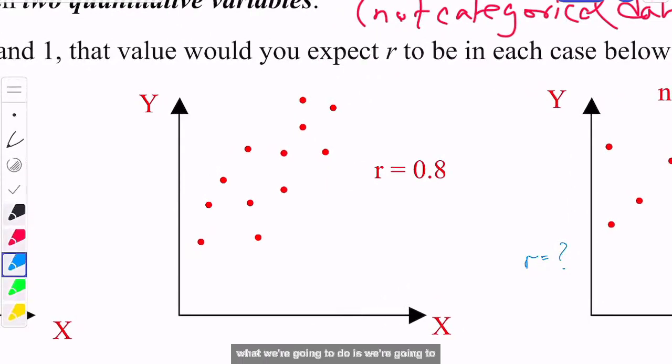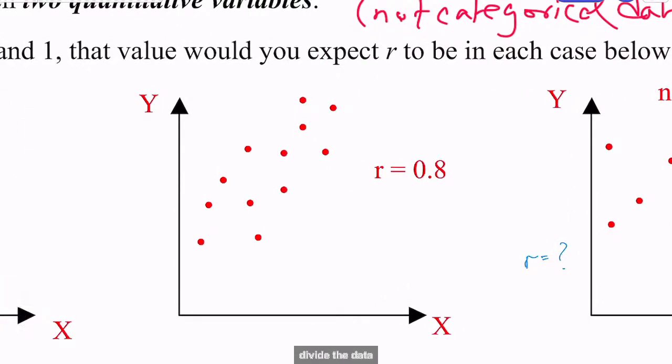What we're going to do is we're going to divide the data over its range. So the range of X is between here and here. So the mean is somewhere like about here. So I'm going to make a line through the data. Okay, so that's like the mean of the X's. And then looking in this direction,